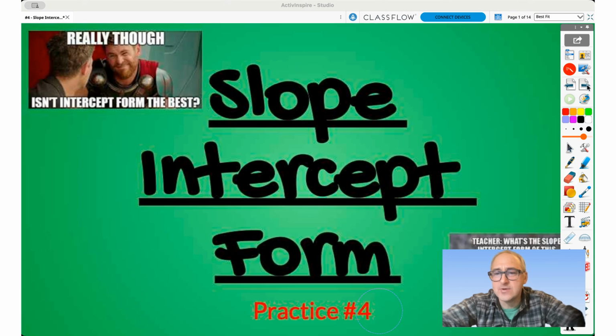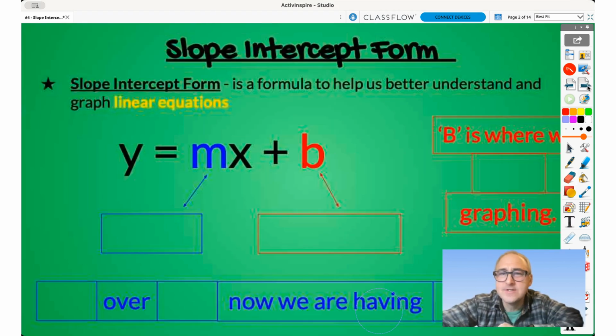So let's go to slide 2. This is practice number 4. So we've been talking about m, and Miss Hoffman and I have used top teacher behavior here, annotating m in blue. So all of our blue information is going to be for the m, which remember ain't no dope. m is slope,